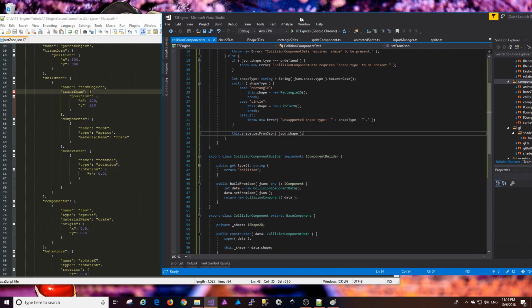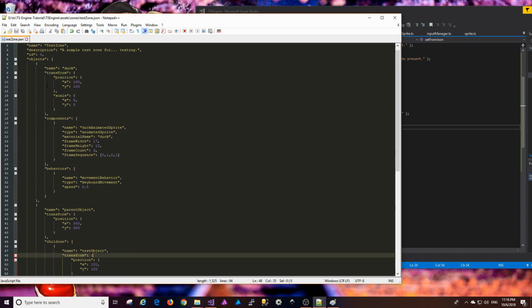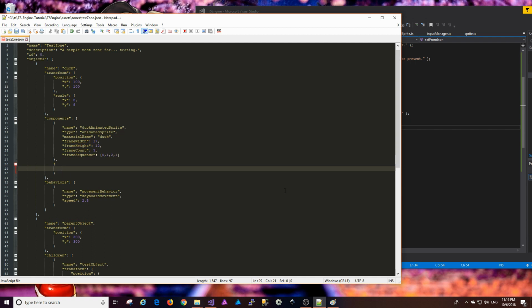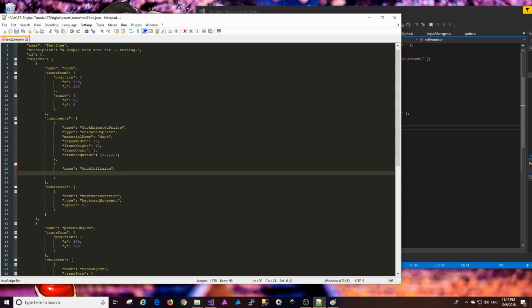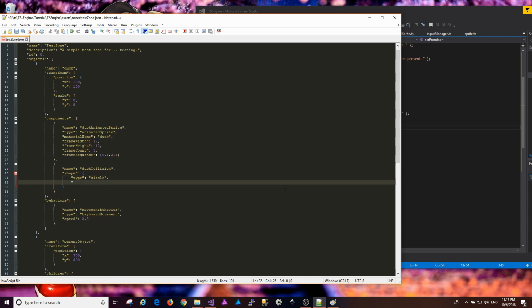Okay, so let's go ahead in our zone and add a collision to our duck. So under components, we want to create a new object. We're going to name it duck collision. And it's going to have a shape, which is an object itself. And its type is going to be circle. Its radius